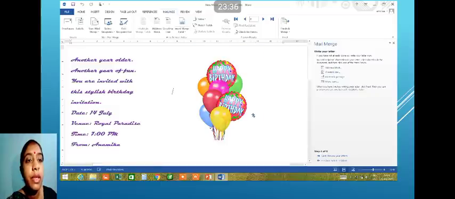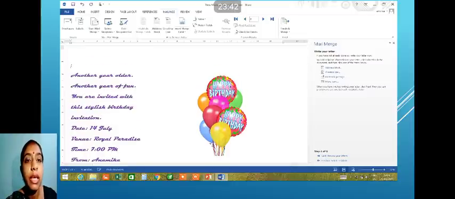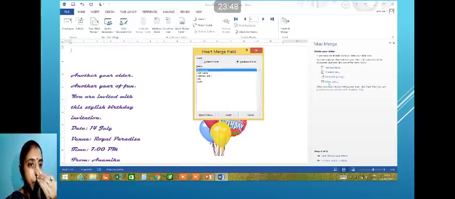Yes. So before this entering, my cursor was there in between. So where I want to enter my thing, I have to place my cursor over there. Yes, here I want to insert. Again I will click on more items. So here I have to insert first name. Yes, you can see first name, then